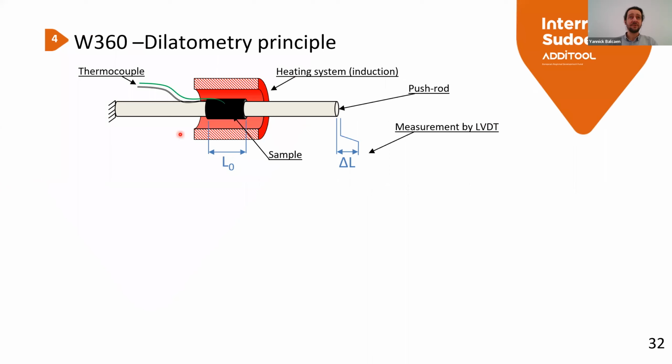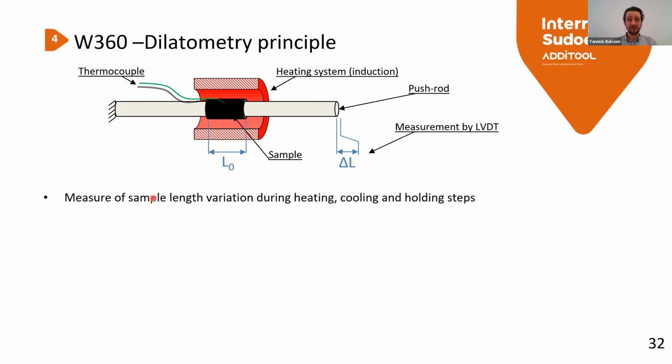The principle of dilatometry, in a few words: you have a sample and you measure the variation of its length during heating and cooling and also holding steps. We can achieve, thanks to induction heating, high heating rates and high cooling rates also, because we can cool this sample quite fast